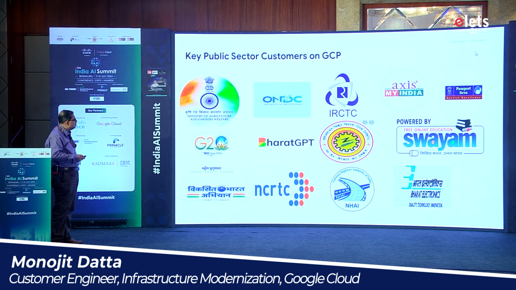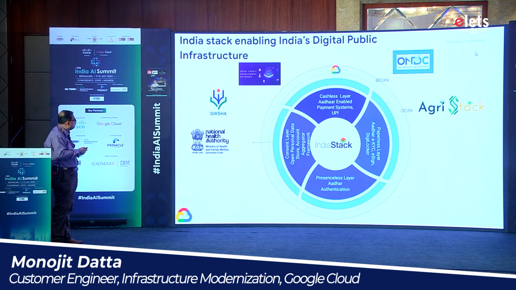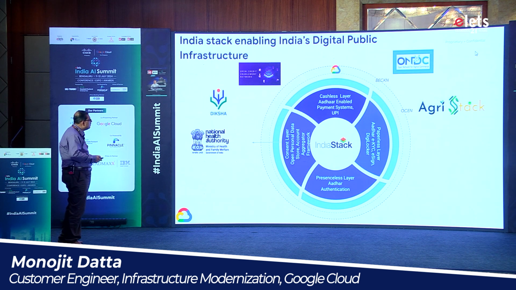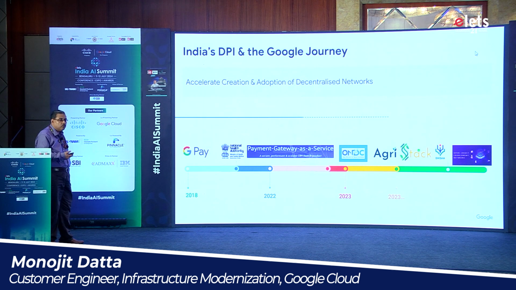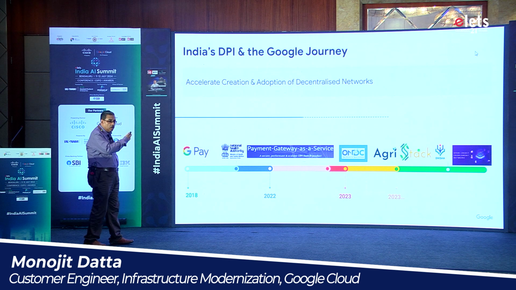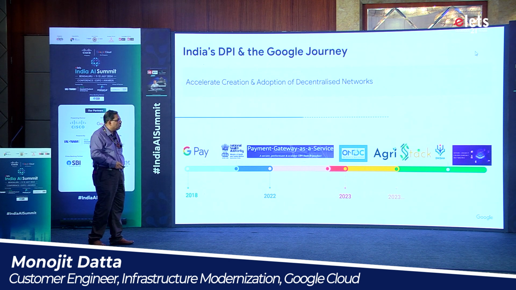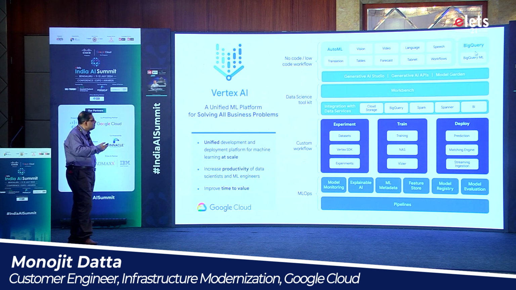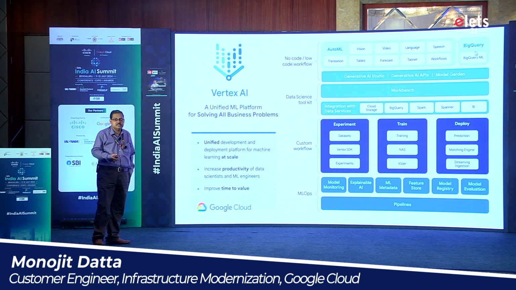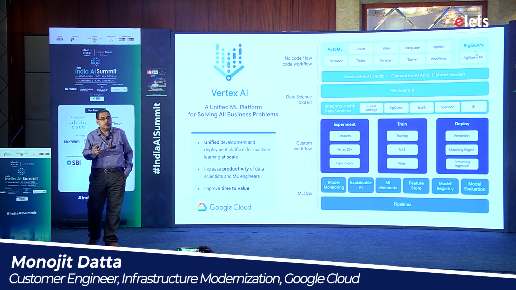These are some of the portfolios that we are working on currently, some of the use cases that we will talk about quickly. Whether it is ONDC or building the Agri stack, we are actually helping build this. We are at the forefront of the India stack, whether it is GPay or a payment gateway service. ONDC is the Open Network for Digital Commerce. They are contributing a lot, including Agri stack. This is exactly the entire portfolio, the gamut of services that you get when you come onto Google Cloud.